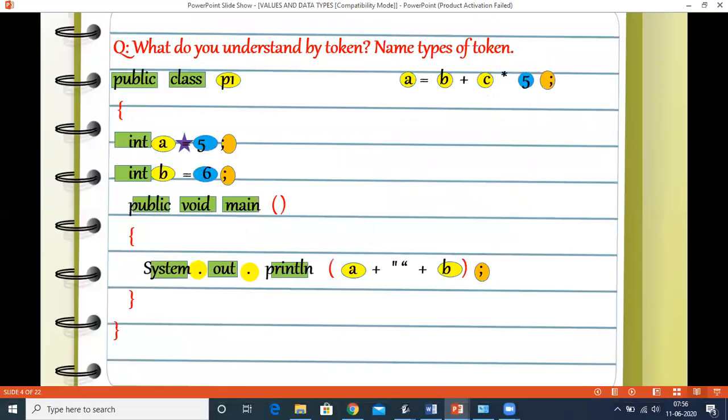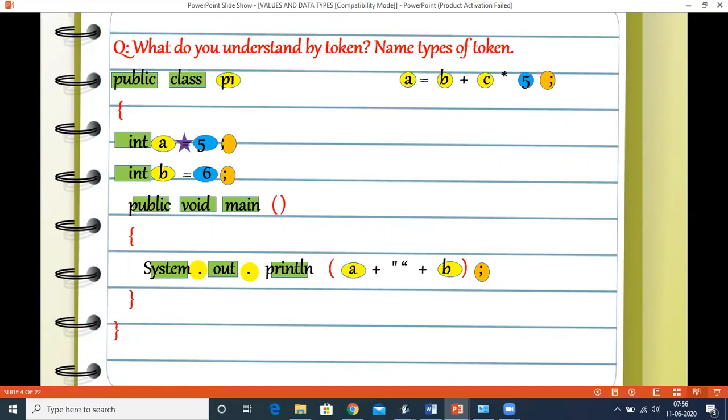Now, you can see this is a simple program to print the values into variables. Here you can see the public class, int, void main, these are called as my keywords. Now P1, A, B, these are my identifiers. They are represented in yellow color. 5, 6, these are my literals.